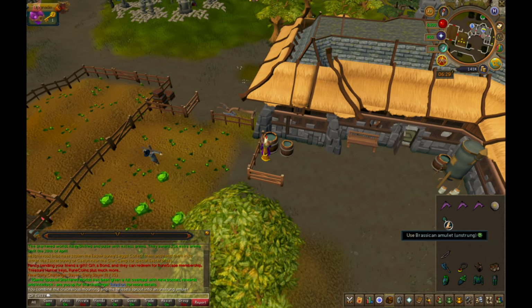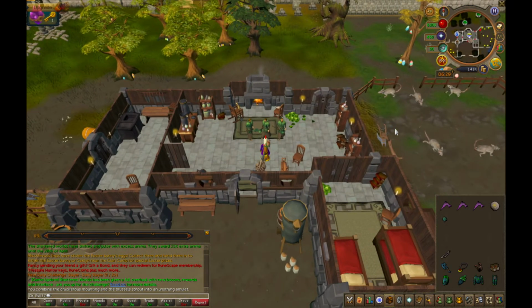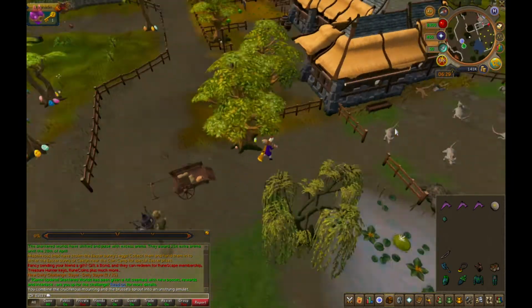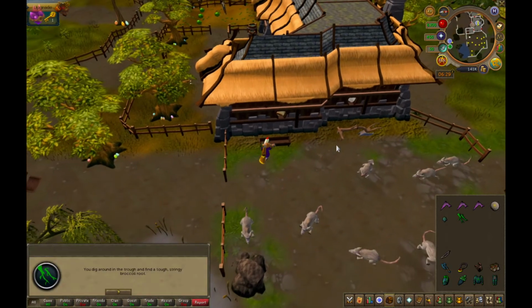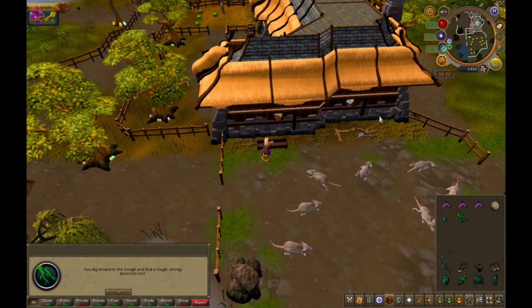brassican amulet. I have no idea how to pronounce any of these words. I probably sound like an idiot. But then from there, you're going to go around the house into this little rat ranch area. In the trough right here, you're going to search, and then you're going to get the broccoli